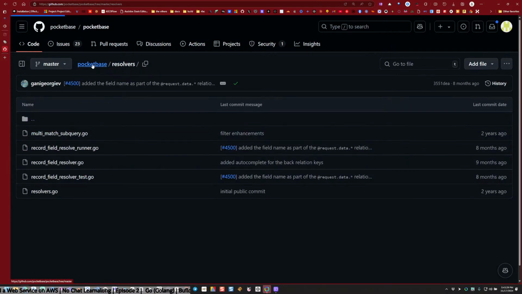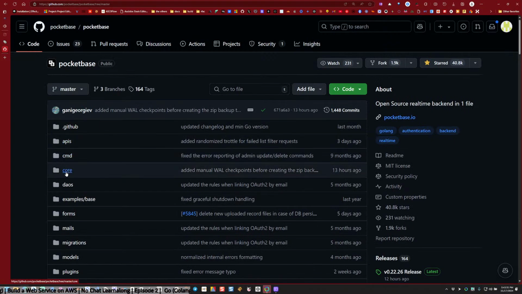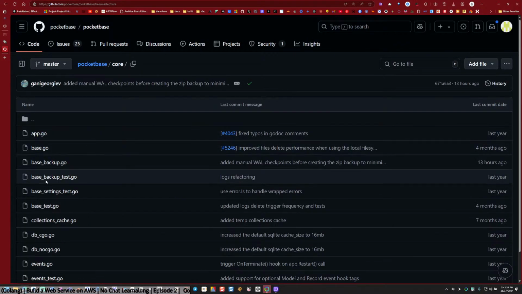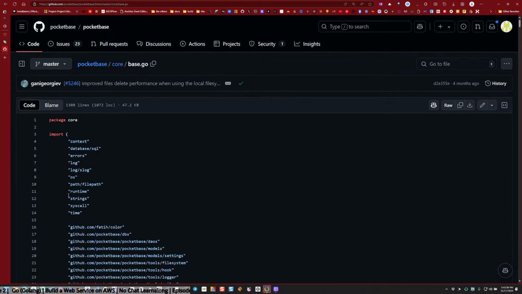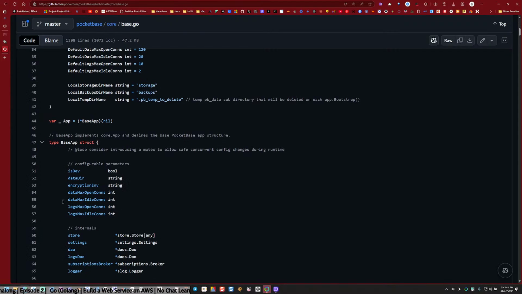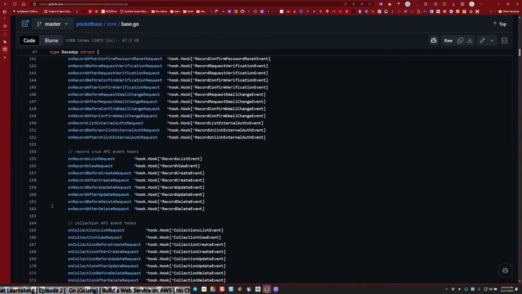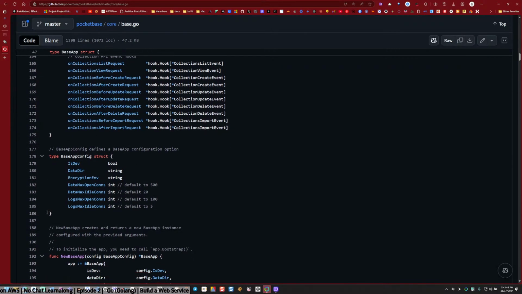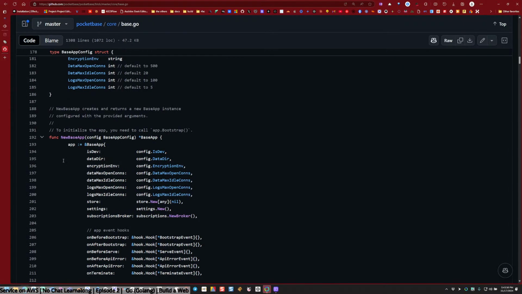Oh, that would get built because you would use them with your core. Base. There you go. Oh my god. Func NewBaseApp. Oh, this is a method. Func NewBaseApp.